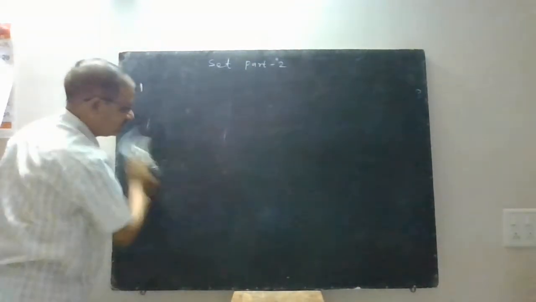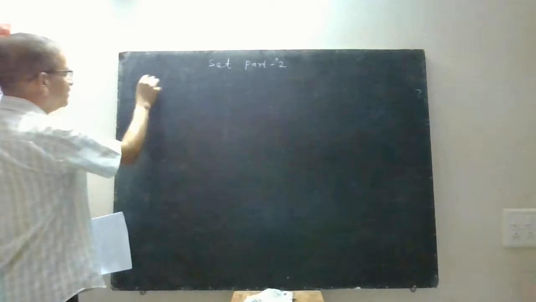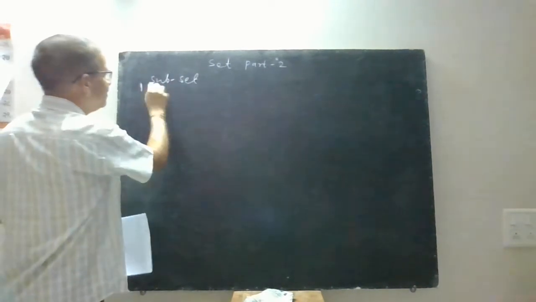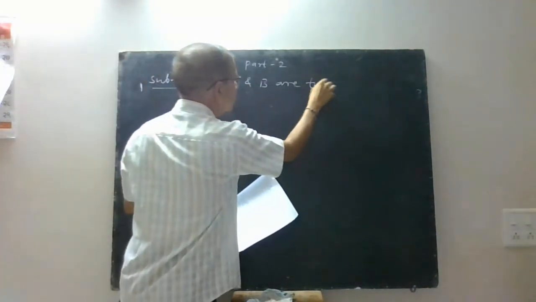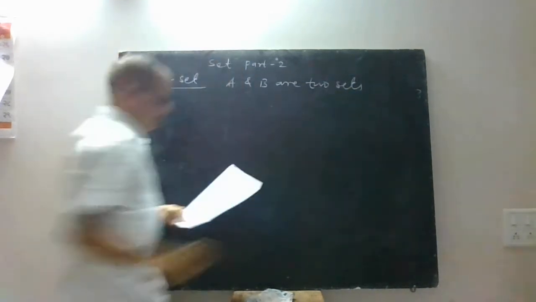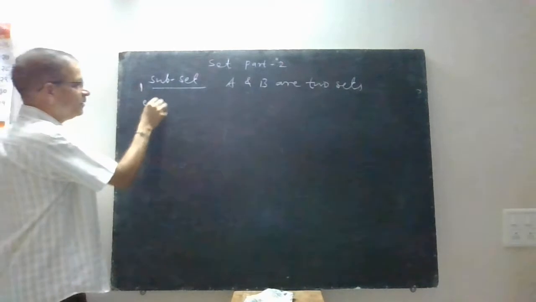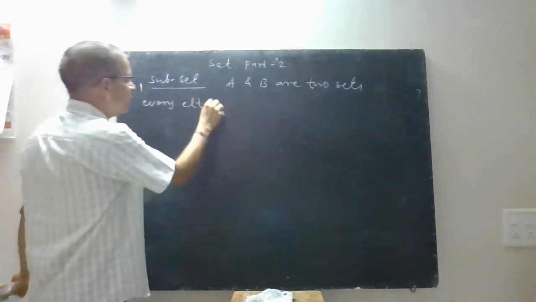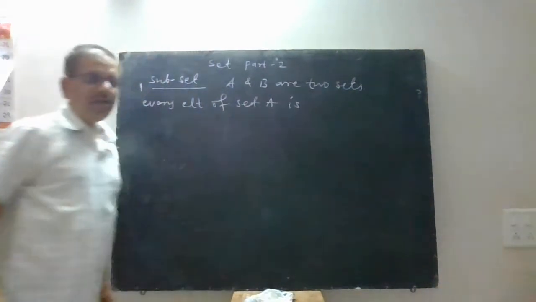Now we'll see the next concept, that is the subset. Very important concept, that is called subset. Suppose A and B are two sets. Then if every element of set A is an element of set B,